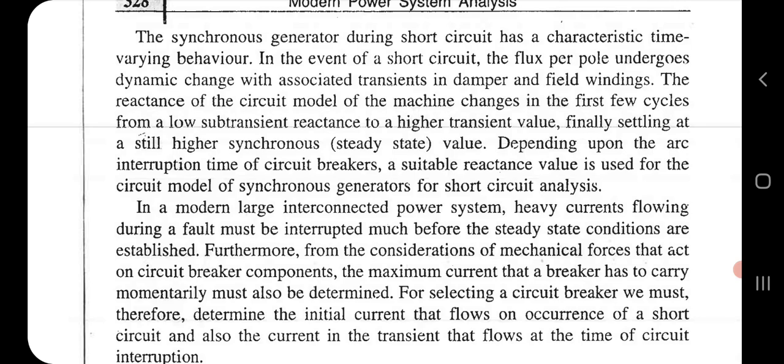The magnitude of current transfers to the armature. At that time, the flux inside the armature will increase. When it increases, there are some slots, or what we call dummy winding. That winding will absorb the flux and try to reduce the high value of the flux and bring it to the normal condition.